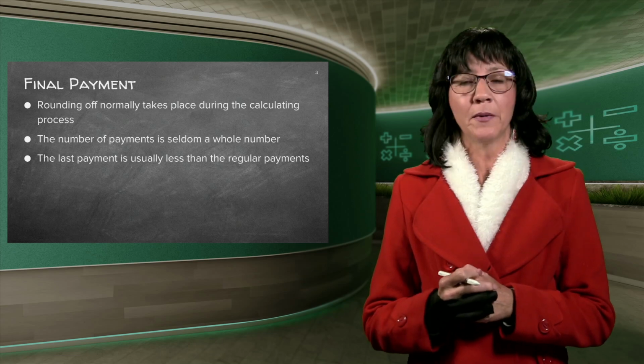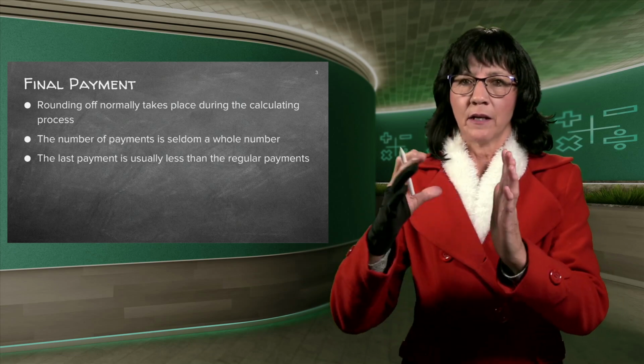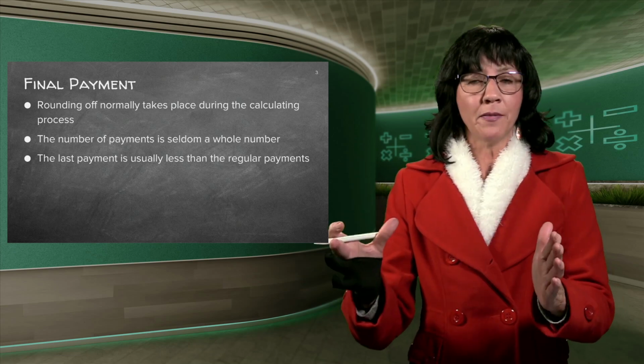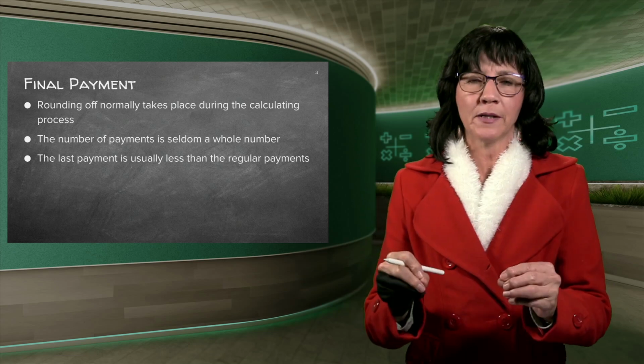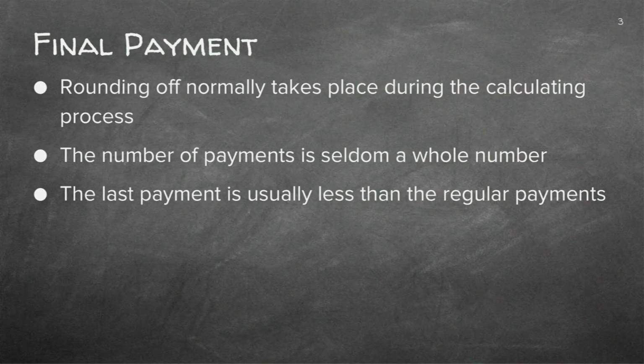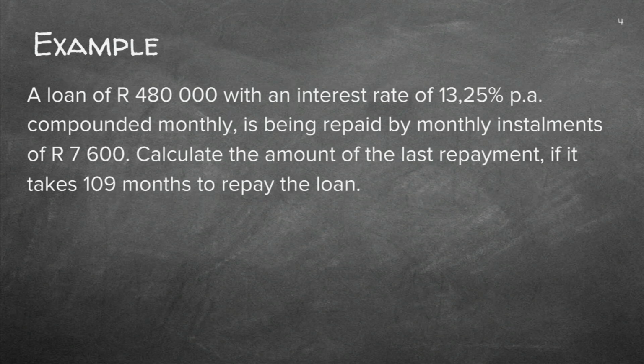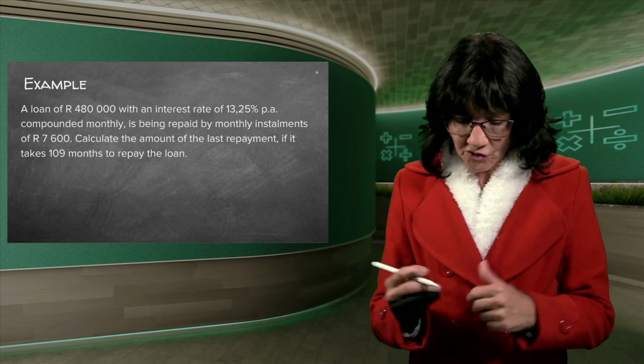So your final payment, say it was over 100 months, then on the 99th month you will pay your last full payment, and then there will be a small or smaller amount still to be paid. And in this lesson we're going to see how we work that out. Good. It's always good to rather start with an example. There's also a variation on the formula, but again there are two methods. I'm going to show you both, but let's just read and see.